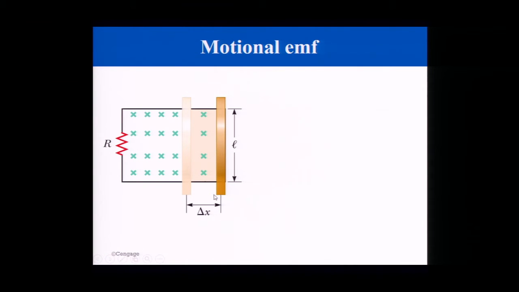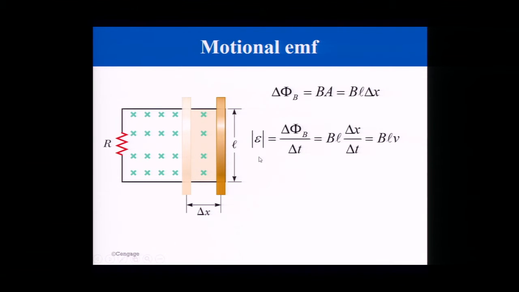So we can get that motion, and you could actually say, all right, there's my flux. My flux is equal to my magnetic field, because I'm perpendicular, times the area, and my area is my length times my change in x, right? So there's my area, and now I can get the electromotive force is related to my change in flux divided by change in time. I can rederive this, that my change in x with respect to time is my velocity